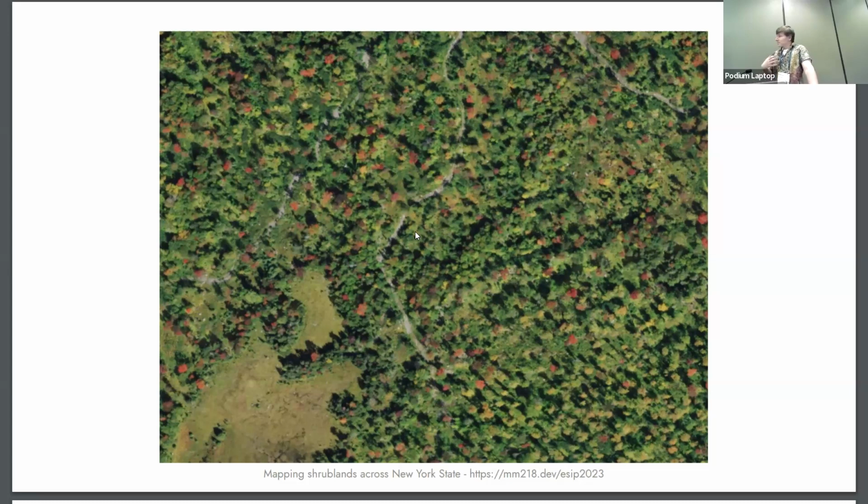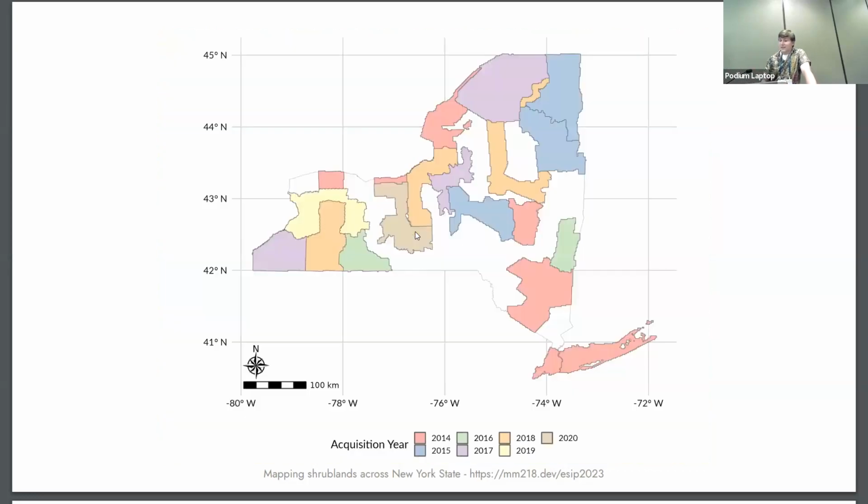Now, an advantage that we have versus the national products is that I only care about New York State. I have no need to address the rest of the country, which means that I'm able to use things other than just satellite imagery in order to better capture this type of ecosystem. Specifically, because our shrublands are just short forests, we were able to take advantage of the LiDAR data that we have across New York State. So this here is, as of 2020, the LiDAR that was available across New York State. And we could use that to supplement our Landsat data and other imagery in order to actually make our models better at capturing this ecosystem.